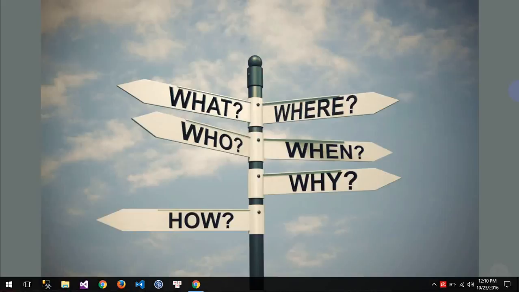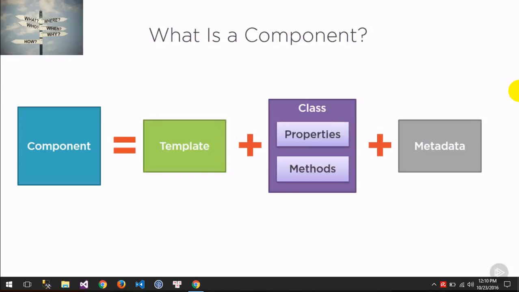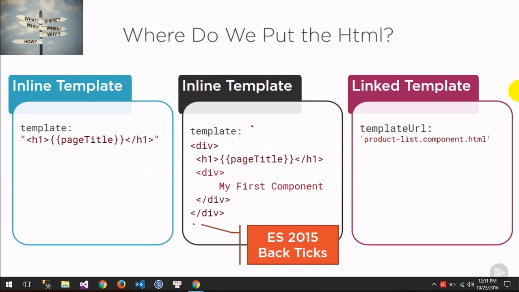The goal of this course was to guide you down the right path, making your own adventures with Angular 2 more pleasant and productive. Let's recap our journey and review the answers to the key questions we identified at the beginning of this course. What is a component? We discovered that a component is a view, defined with a template, logic, defined with a class, and metadata, defined with a decorator. Where do we put the HTML for our user interface? Either in the metadata using the template property or in a separate HTML file using the templateUrl property in